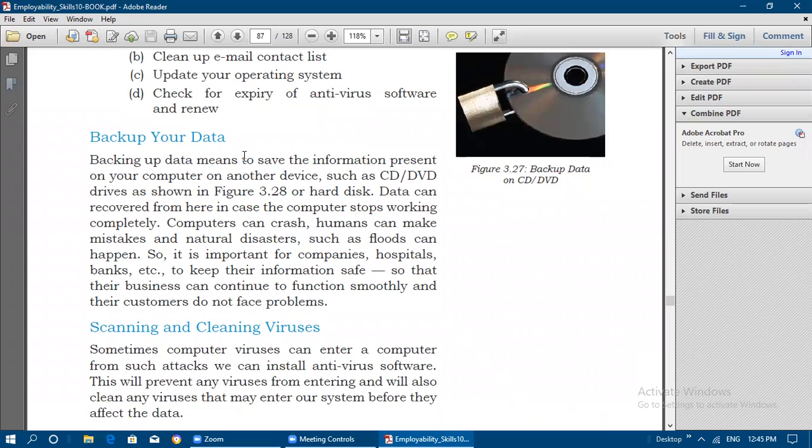Next is backing up your data. Backing up data means saving the information present on your computer on another device. So whatever information we have kept in our computer should be moved to another device. Copy to another device such as CD or DVD drives, shown here like this, and our hard disk also we can use. So data can be recovered from here in case the computer stops working completely. So when the computer is not working properly in any situation, then we can make use of this backup data